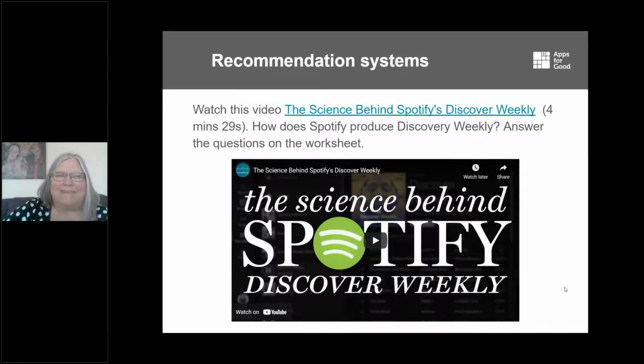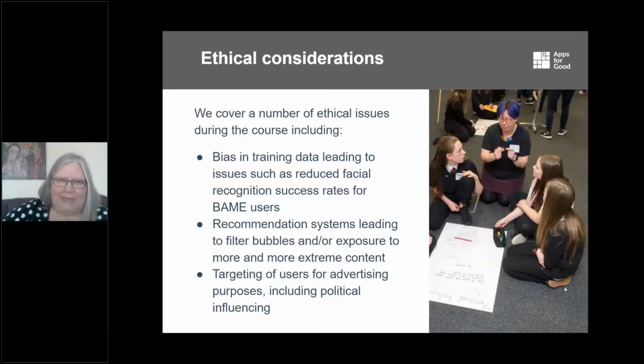So that's lots of different examples of how we're using machine learning. But one of the key points, and one of the real selling points of why we need to be teaching machine learning, is those ethical considerations. It's becoming involved in so many different things. You need to understand what's going on under the hood.